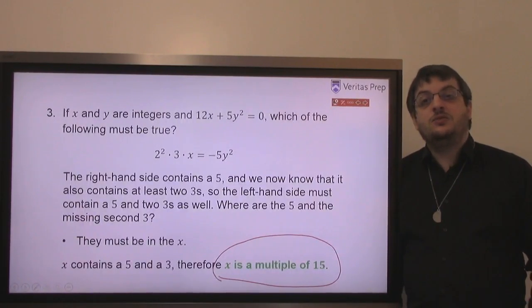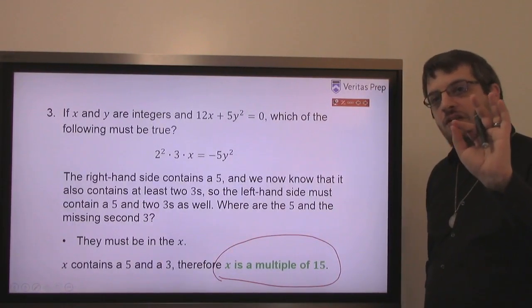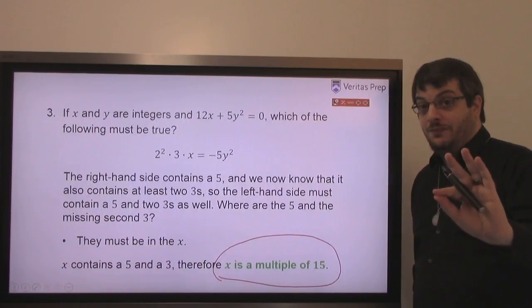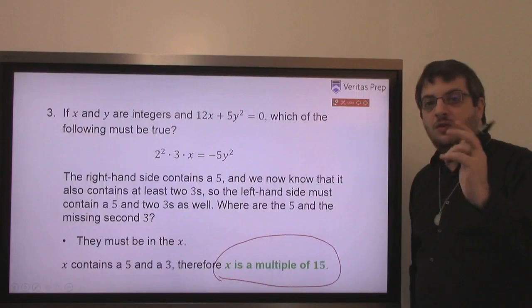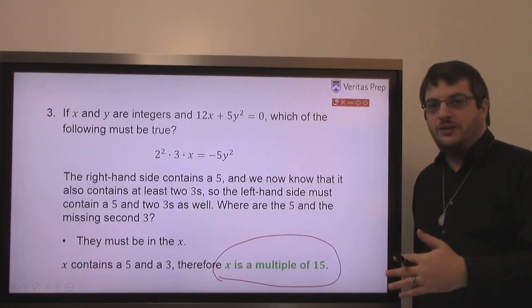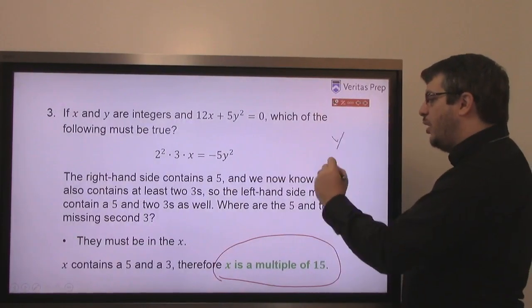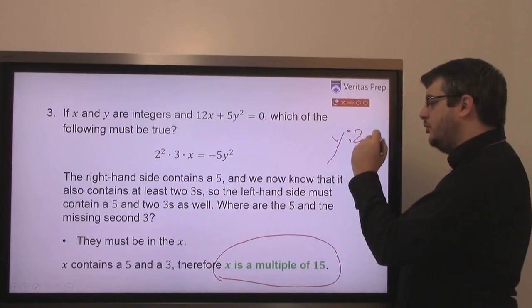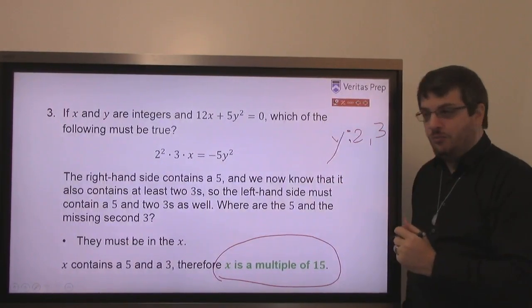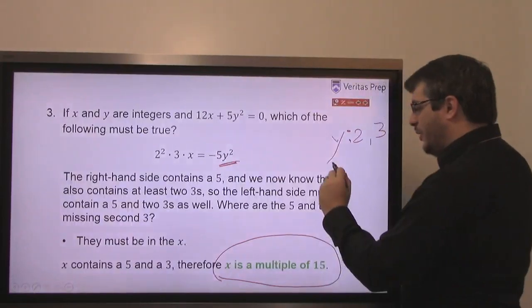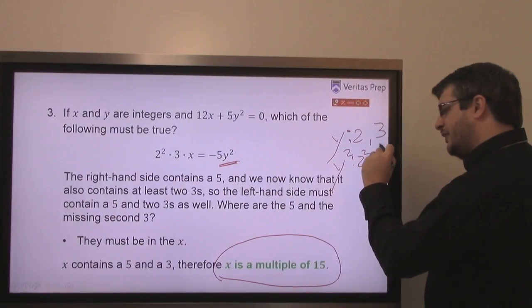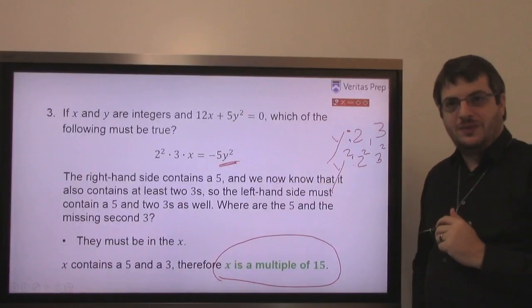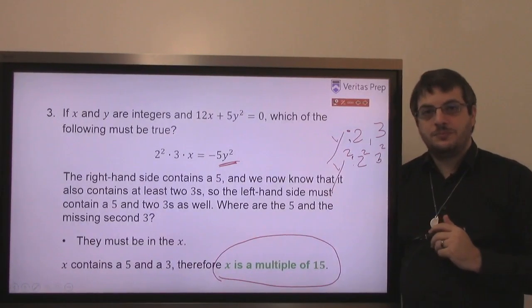Yeah, the y, well, Fido, the y squared contains 2 2s and 2 3s. The y must contain 1 2 and 1 3. If I asked you about y, you could say y contains a 2 and a 3, right? But of course, on the right-hand side, it's y squared, and y squared must contain 2 squared and 3 squared. Got it, Fido?